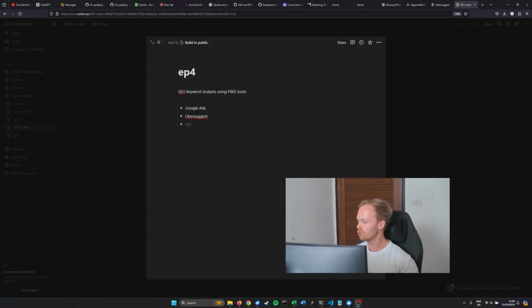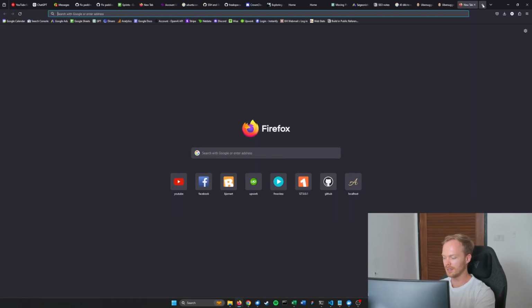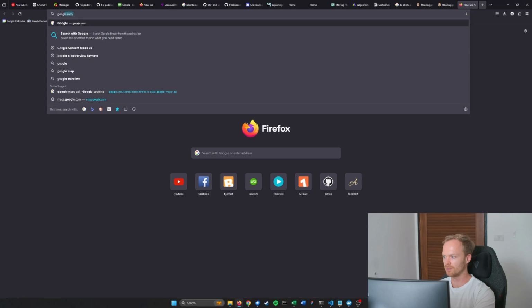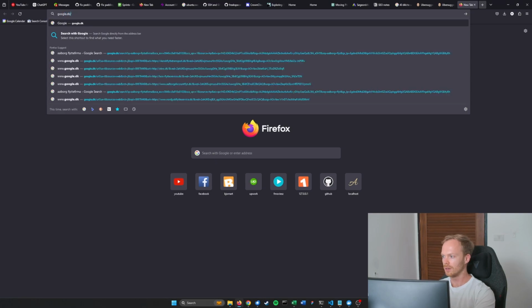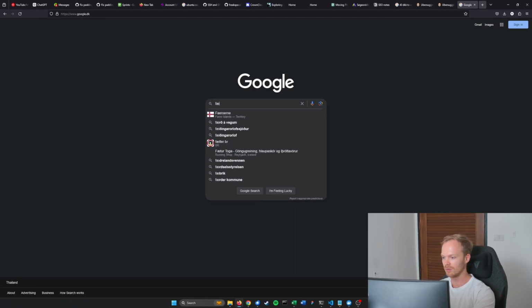So there's two methods that I know of. The first one is Google Ads and then Ubersuggest. Before actually conducting a keyword analysis, you probably want to go to Google and just type in whatever you think that your target audience is searching for, and then actually look for the competition, right? Look at what kind of keywords they put in the title tag. So in this case, I would put in Flyttefirma